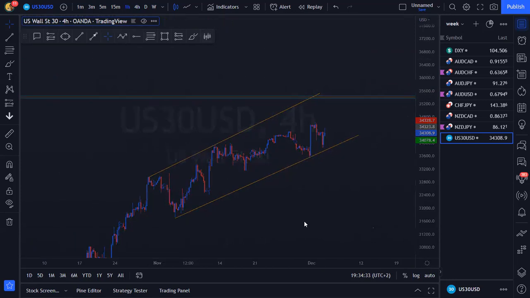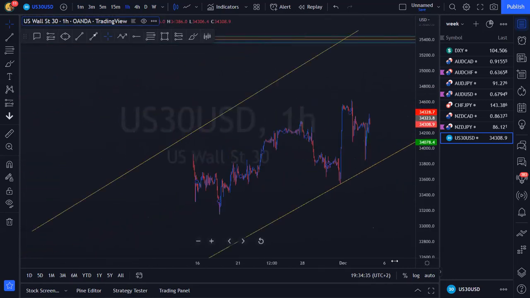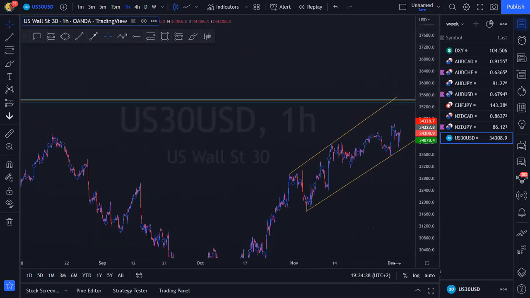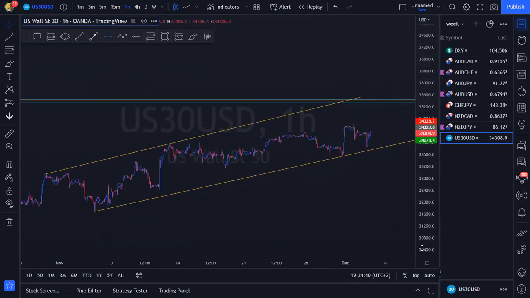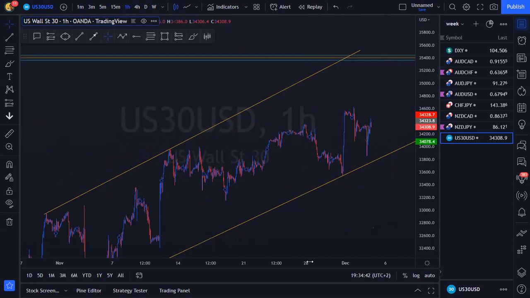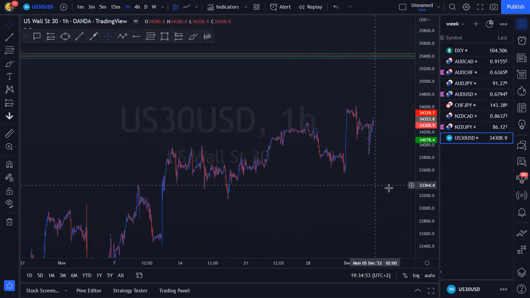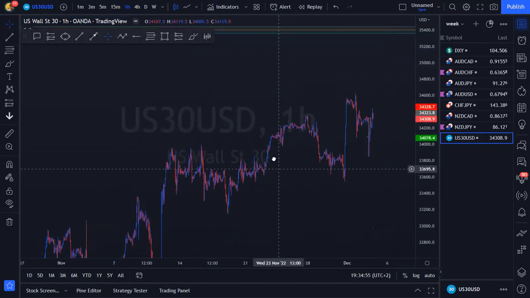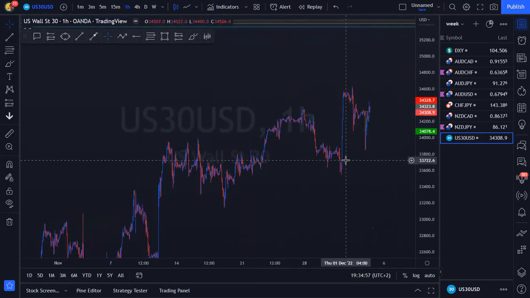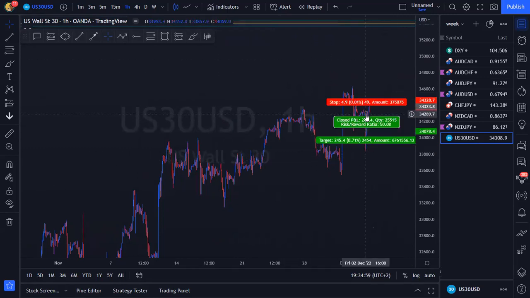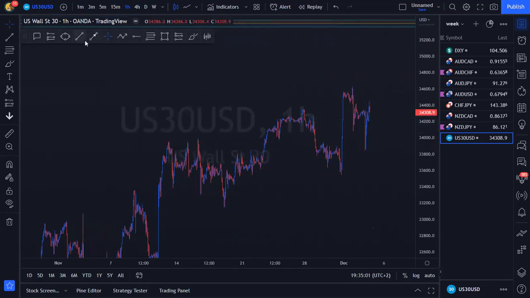Coming into extreme highs and extreme lows, I will go down onto a 1 hour for US30, because US30 is just like that. She needs that extra bit of attention from us. On a 1 hour, I just want to delete this 4 hour structure that we've got going on here and look at just this 1 hour structure, because if we stick to the most recent structure, we'll get the best probabilities.